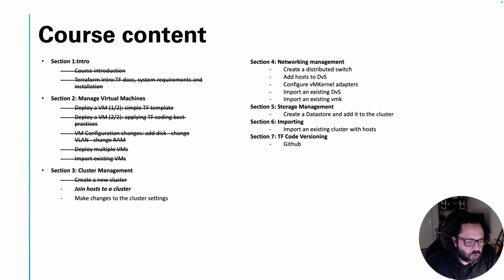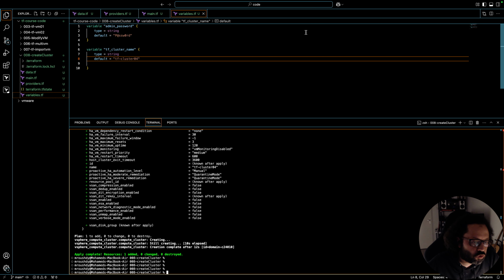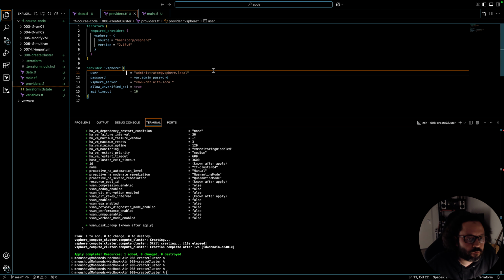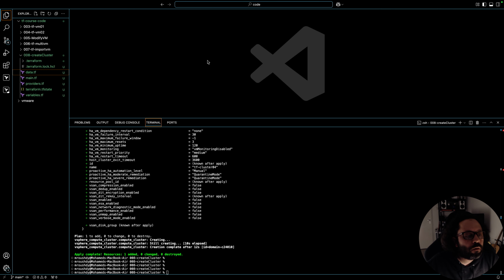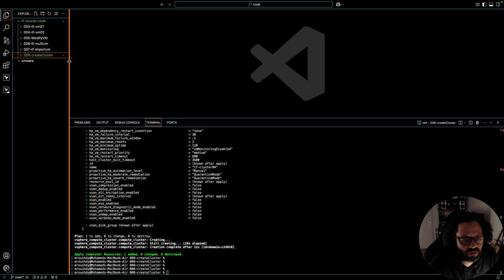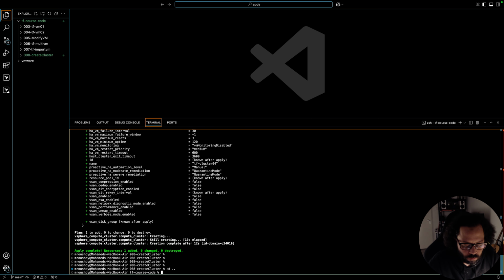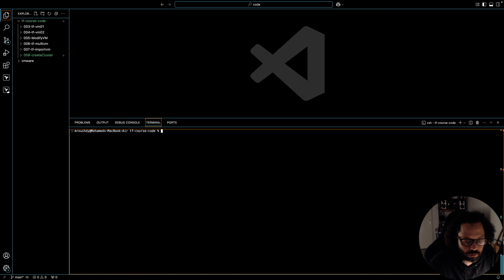All right, so let's get going. This one is pretty simple, but we just need to pick the right code for us. And as usual, these are the leftovers from the previous lesson, and we will be referring to a few pieces of information from here. But as usual, let's create a new directory for this lesson, and let's call it